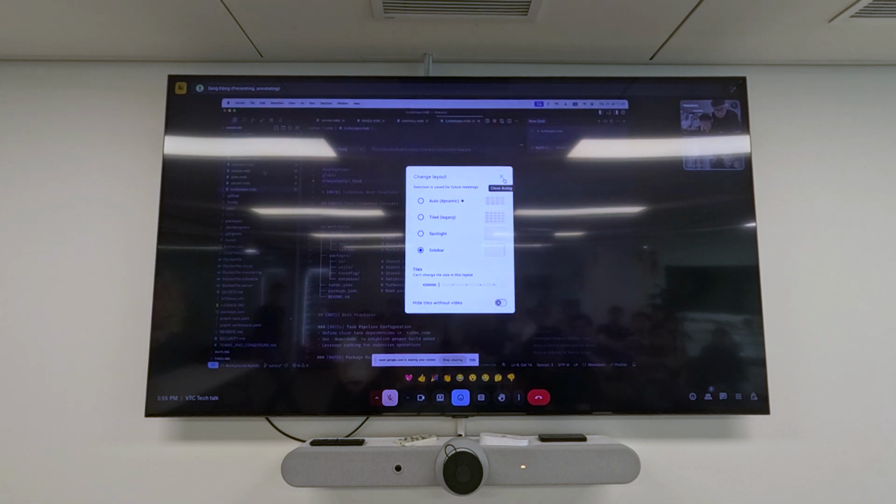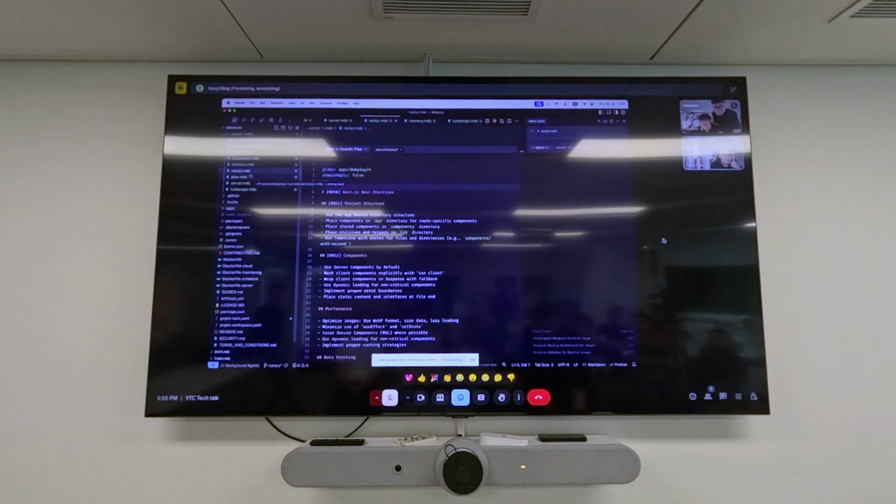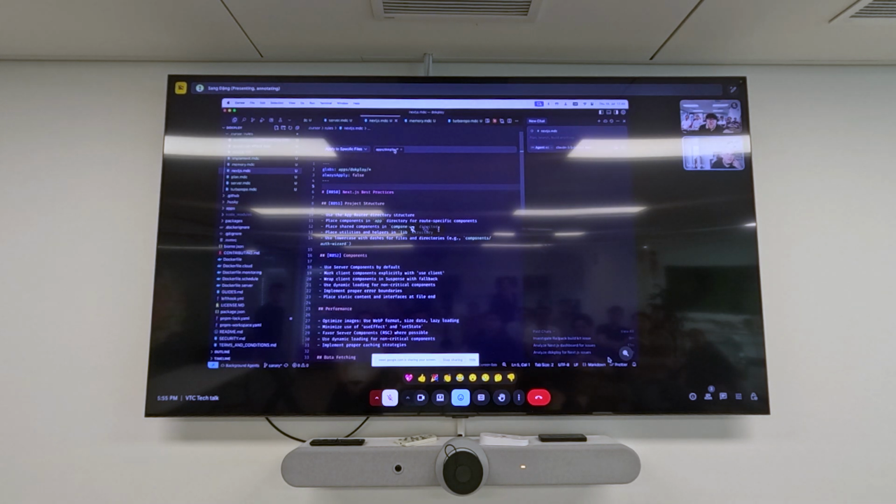For example, in this case, I want this rule about next.js.mdc to only apply whenever the AI or the agent is working with files inside the directory apps/deploy. This is the front end of the application. So it will reduce cost, because everything here costs tokens, right?